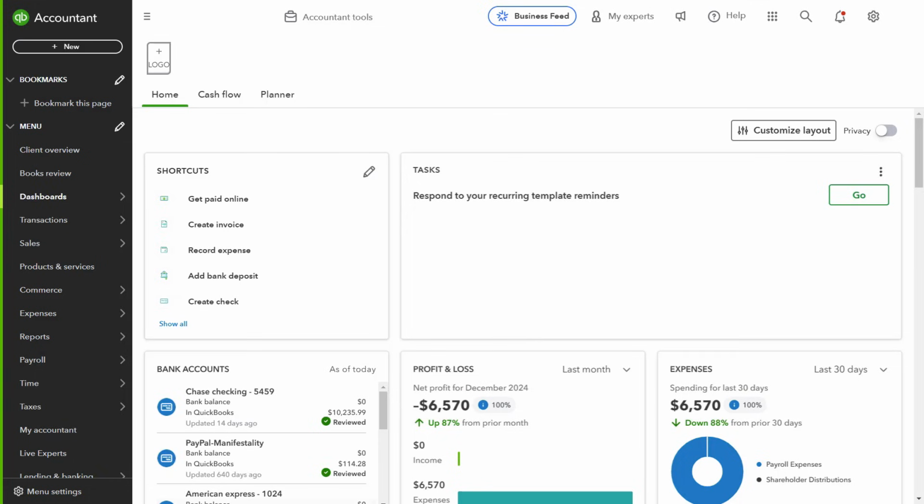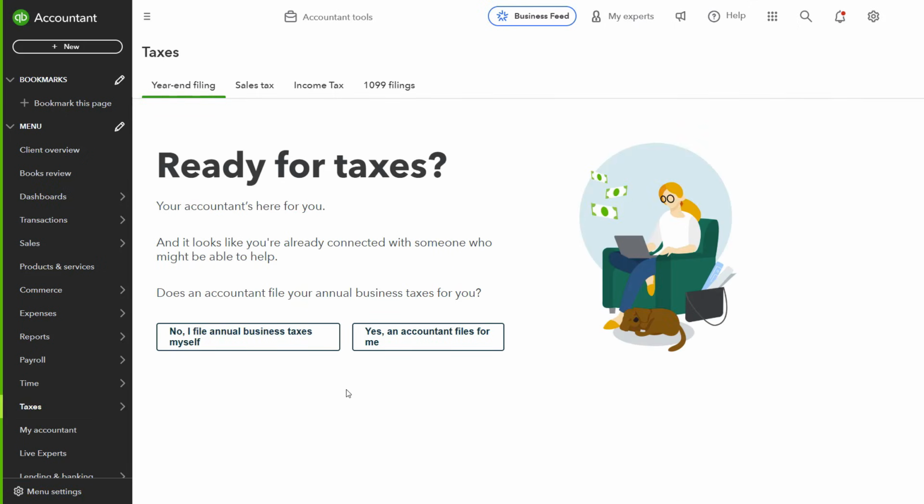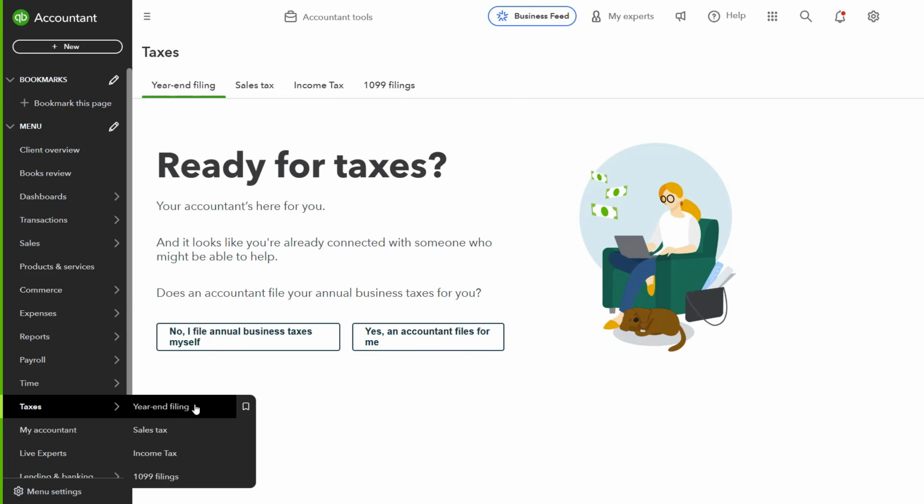To start managing sales tax, you must first enable it in your QuickBooks Online account. Go to the Taxes section and see the available options that QBO offers you to manage your taxes. With QBO, you can easily manage and file your tax returns following the guidelines of the IRS. Click on Year-End Filing. This option will ask if you file your return by yourself or an accountant does that for you. Let's go over other options such as sales tax, income tax, and the 1099 filing required in the